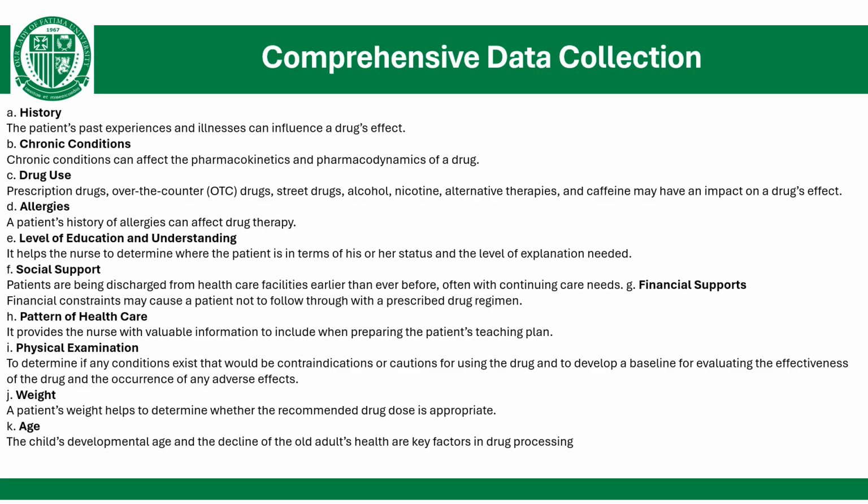For your chronic condition, we're talking about chronic conditions that can affect the pharmacokinetics and pharmacodynamics of a drug. Certain conditions such as your renal disease, heart disease, diabetes, and chronic lung disease may be contraindication to the use